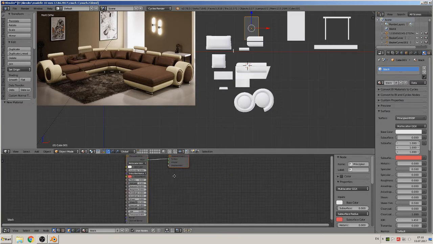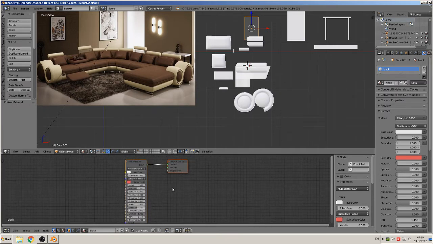That is the new shader that makes it like the PBR textures. That is for metallic, specular, anisotropic. You can see there